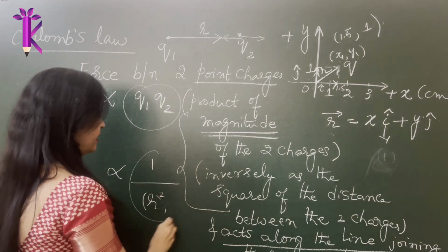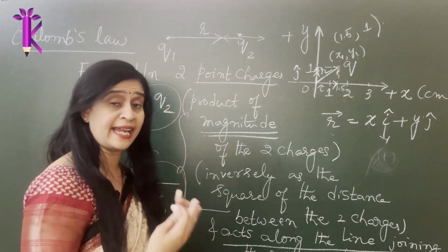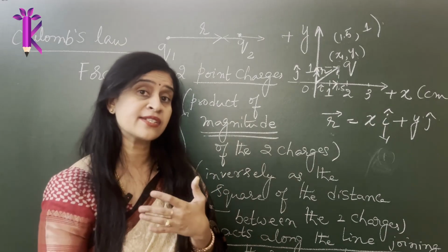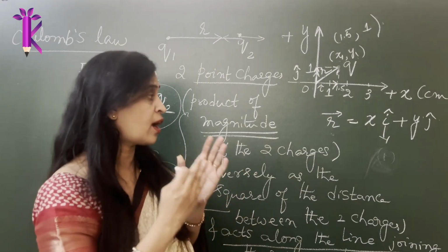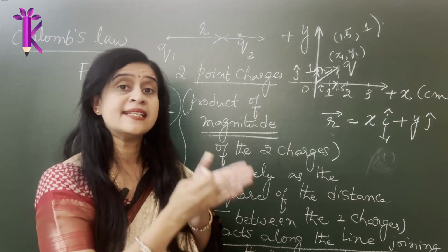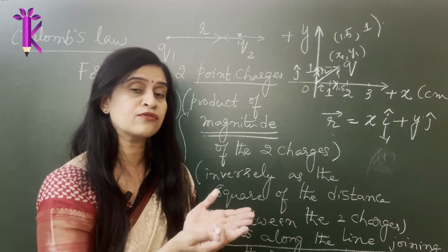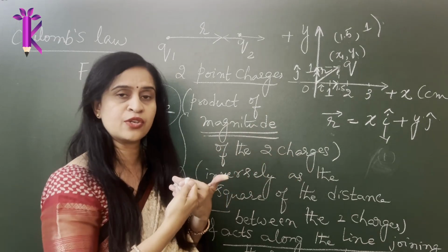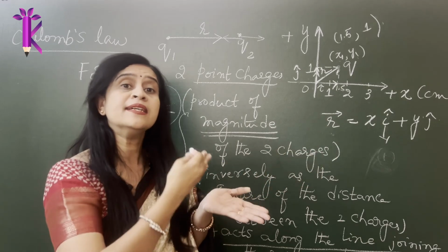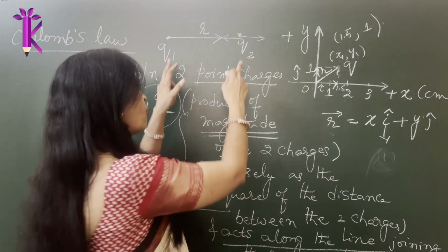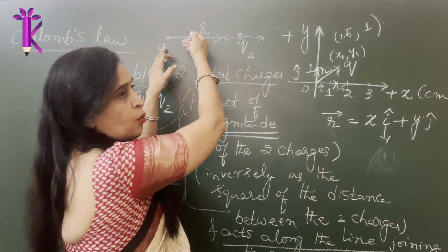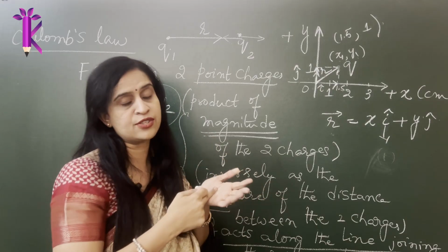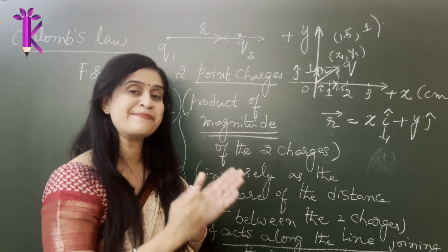This is the magnitude part, and this sentence or the statement at the end that we write, where does that force actually act? It acts along the line joining the two charges, the 2 point charges, is the crucial part where you are stressing on it and saying that there is a particular direction to the force. What is the direction of the force? It only has to act along the line joining the charges, right? It can either act towards Q1 or act away from Q1 depending on the positive and negative charges. If the force is attractive, it will act towards Q1. If the force is repulsive, it will act away from Q1, but it will certainly act along the line joining the 2 point charges. So this is very much essential.